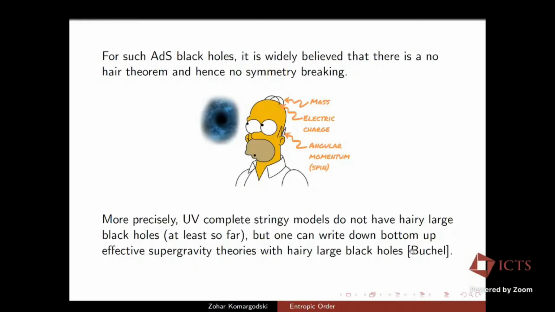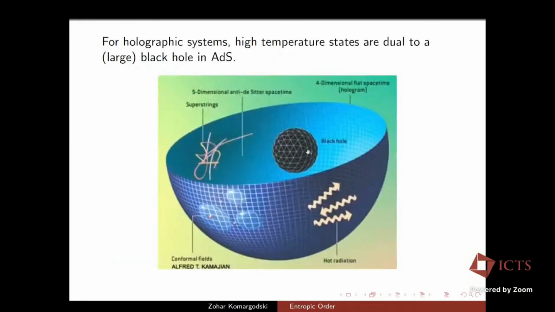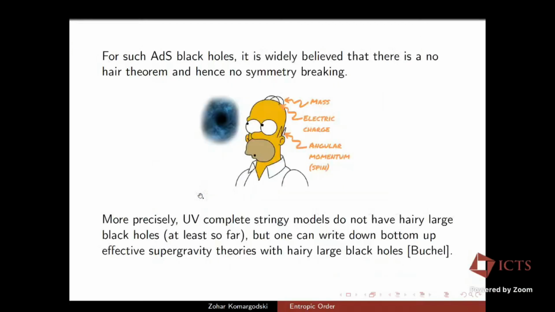So in the constructions of Bushell, for instance, the hairy black holes have some scalar condensate. And when you have a scalar condensate inside the hologram, here in the AdS dual, that manifests as an expectation value for an order parameter on the boundary. So hair around the black hole is dual to expectation values of various fields in the thermal ensemble. So it's closely related to the question of symmetry breaking at high temperatures. Is that okay? Okay.